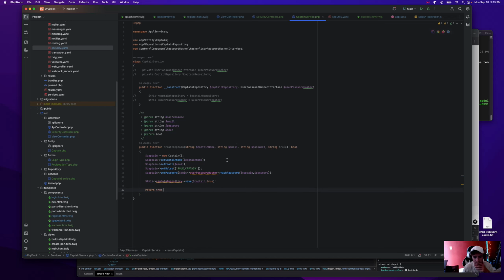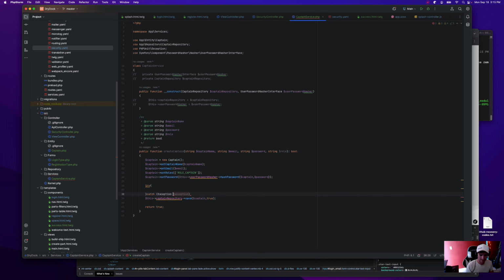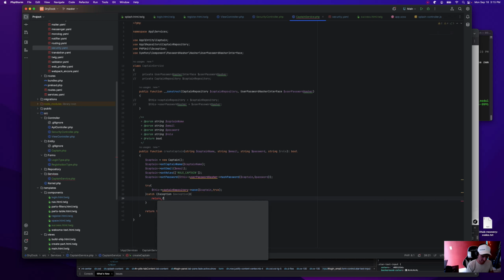Return true. Of course, we're doing database things, so you know there's not going to be any issues with this. Just do a quick little try catch. Not enough try catches in programming. Definitely not, in my opinion. We can round that stuff out later. Don't need to worry about it yet. Try this, catch, return false. We'll worry about an error later.